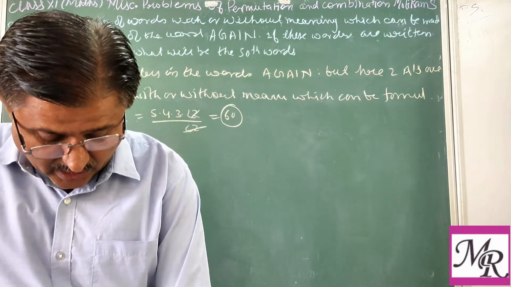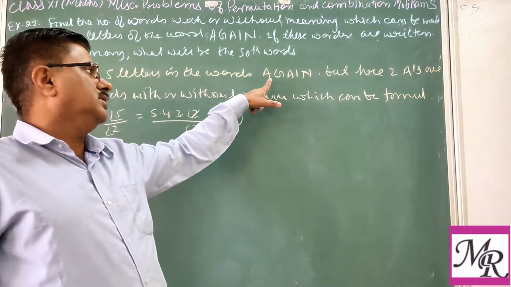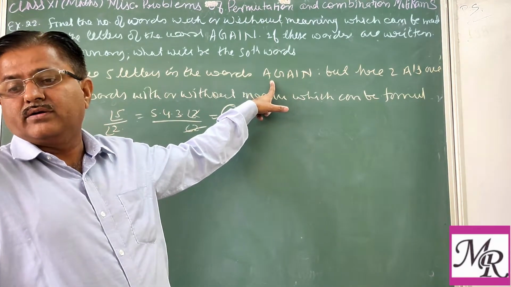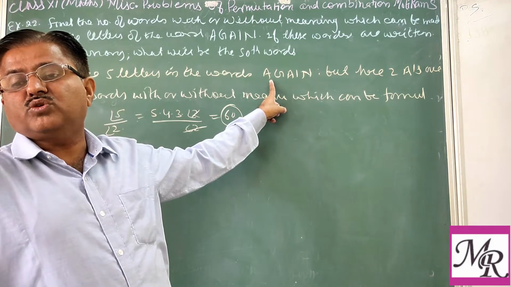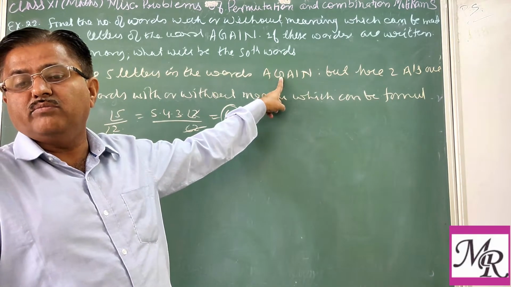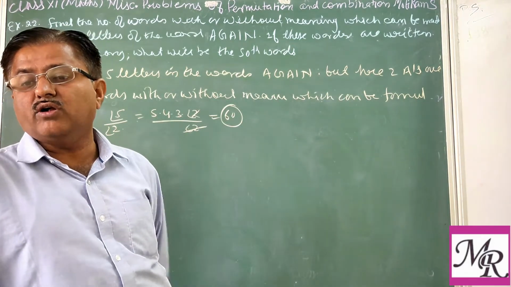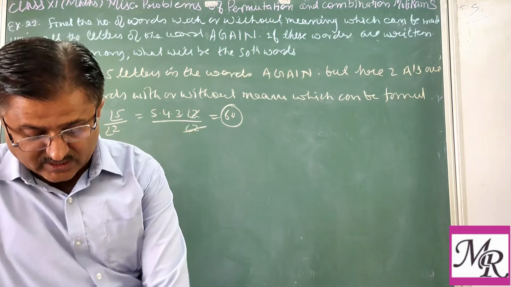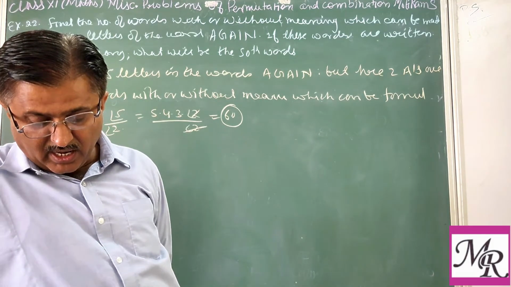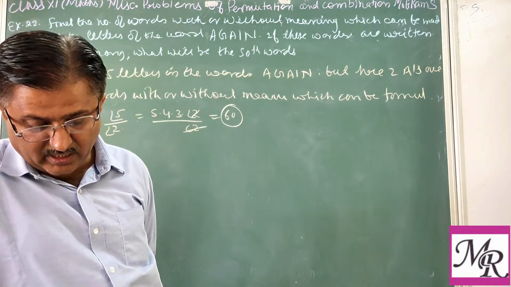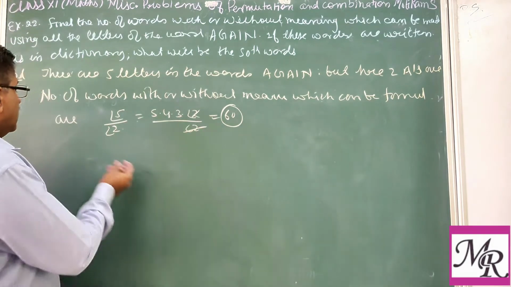So you know that to get the number of words starting with A, as in a dictionary, if you are writing, then in a dictionary we search out the letters first with A, then B, then C, D, E. In this way we can write all the letters. So first we write all the words starting with A. So you make A fixed. Clear?